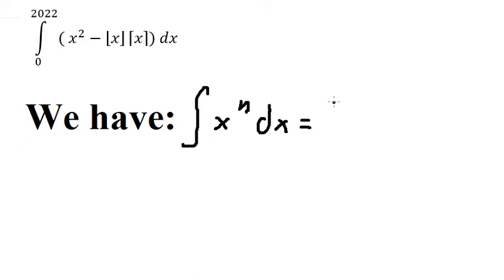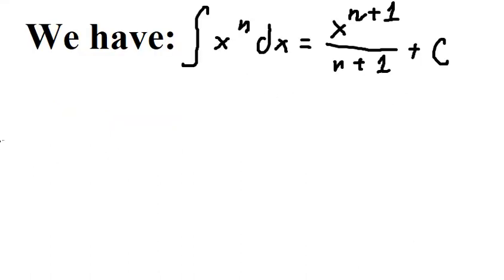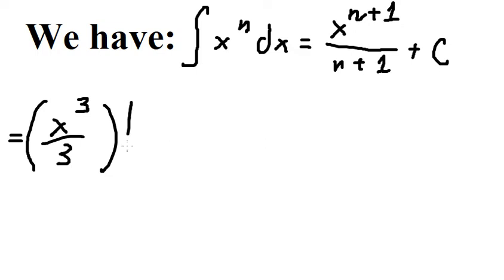We have x to the power of n plus 1 over n plus 1, and I will put c in here. So this one we put number 2 on here, and we have number 2 plus 1 equals number 3. So we have x to the power of 3 over 3, and we put the bounds from 0 to 2022